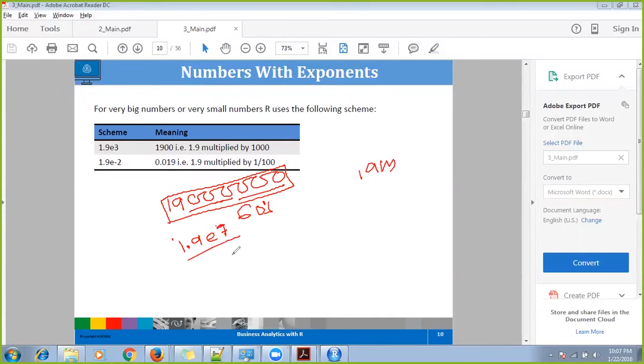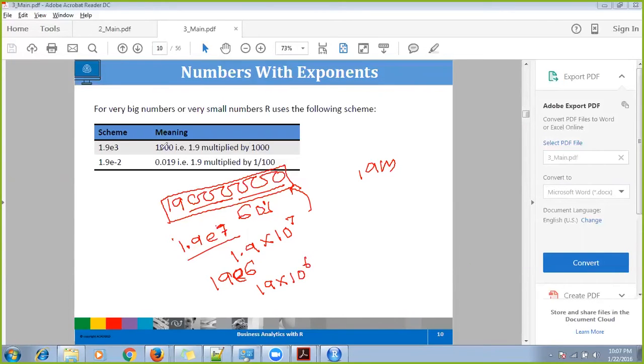This means 1.9 into 10 to the power 7, which is nothing but this number. If you want, you can also write 19 e6, which is the same thing, 19 into 10 to the power 6. So basically it's exponential form.